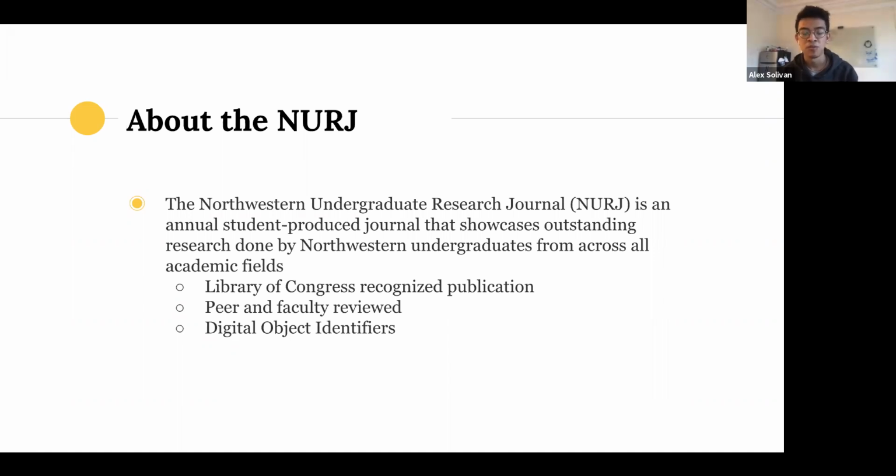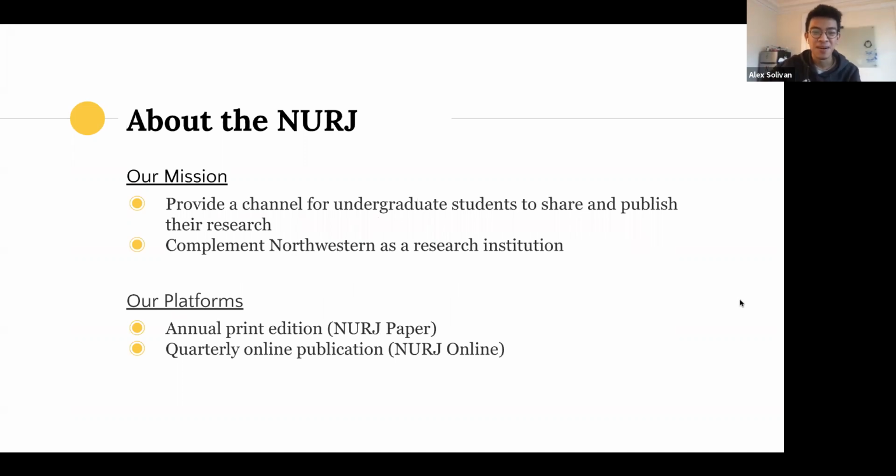Also, works published within the NURJ will get a DOI, or digital object identifier, which is kind of a virtual bookmark. It's pretty much a URL that will exist far beyond the NURJ's website itself and will allow your work to be found anytime. So our mission itself is really to provide a channel for undergraduate students to share and publish their research